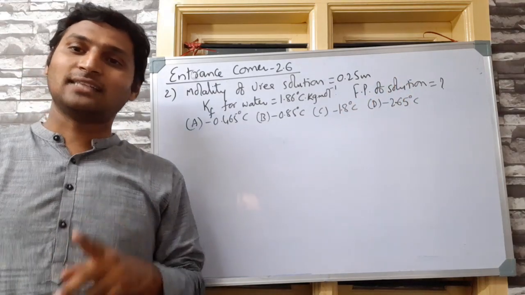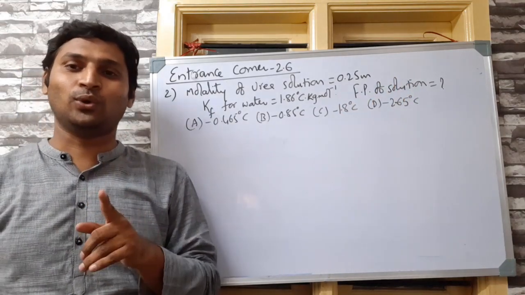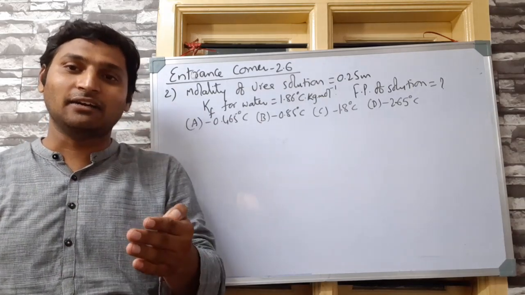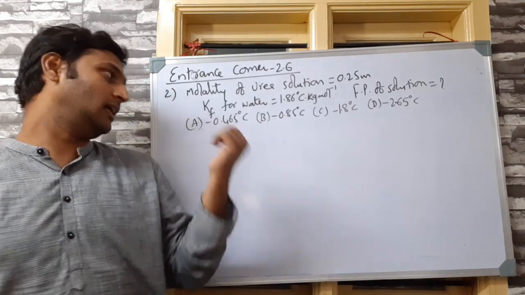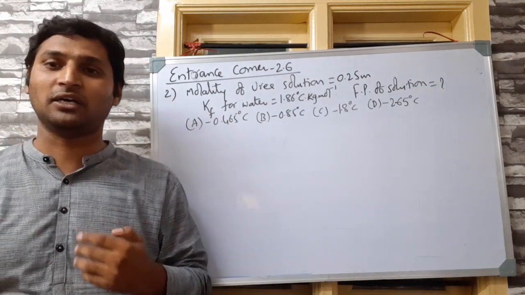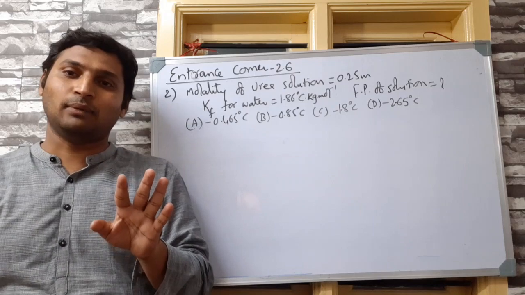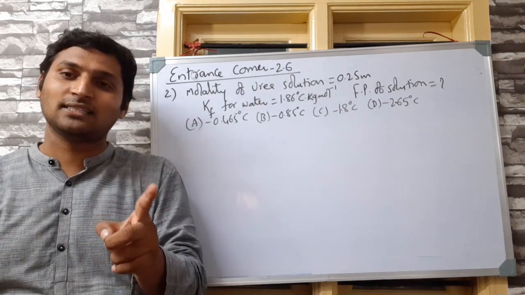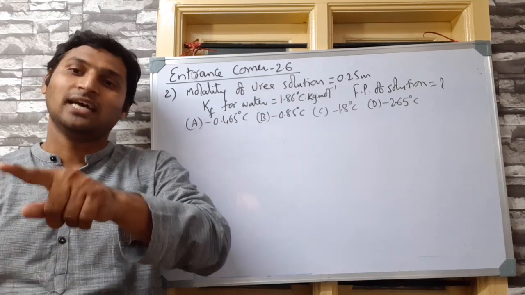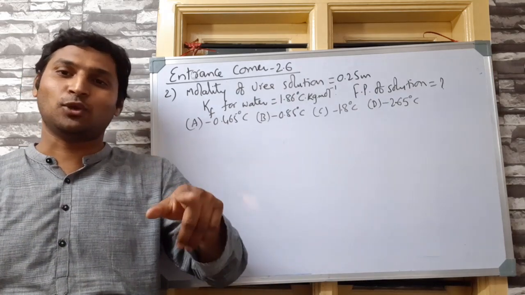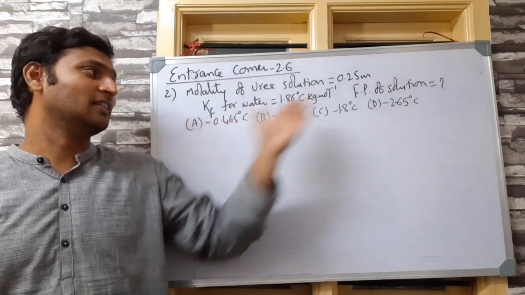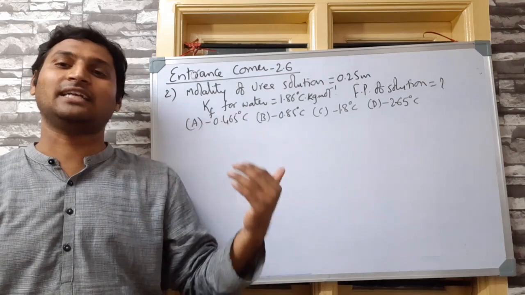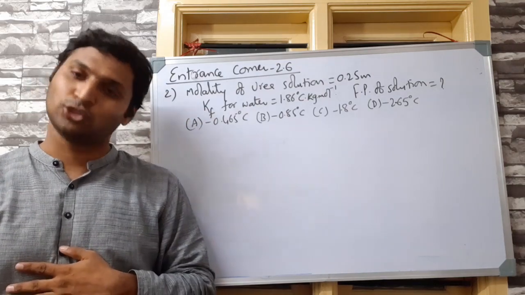See, as long as it is an aqueous solution, you know the freezing point of pure water is 0. Now if you find delta TF, the negative value of delta TF will be nothing but the freezing point, because generally freezing point decreases. That's why delta TF is freezing point of pure water minus freezing point of the solution. Freezing point of pure water is 0, and 0 minus anything should give you negative. That's why options are also negative values. So you find delta TF, take the negative of that, it becomes the freezing point of the solution.